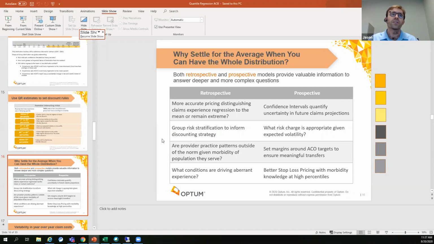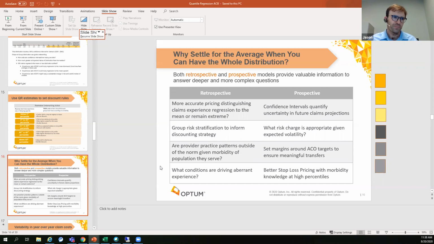to quantify that margin, to say, okay, is it really true that their practice patterns are outside the norm given the morbidity of their population, or is it within a confidence interval of some random variation? So you really only want to reward good behavior that's not due to random variation. You really don't want to penalize bad behavior that is due to random variation. And this quantile regression quantifies that variation and lets you make intelligent, scientific estimates of when that provider behavior is really something that you want to either give a bonus for or collect money for from the